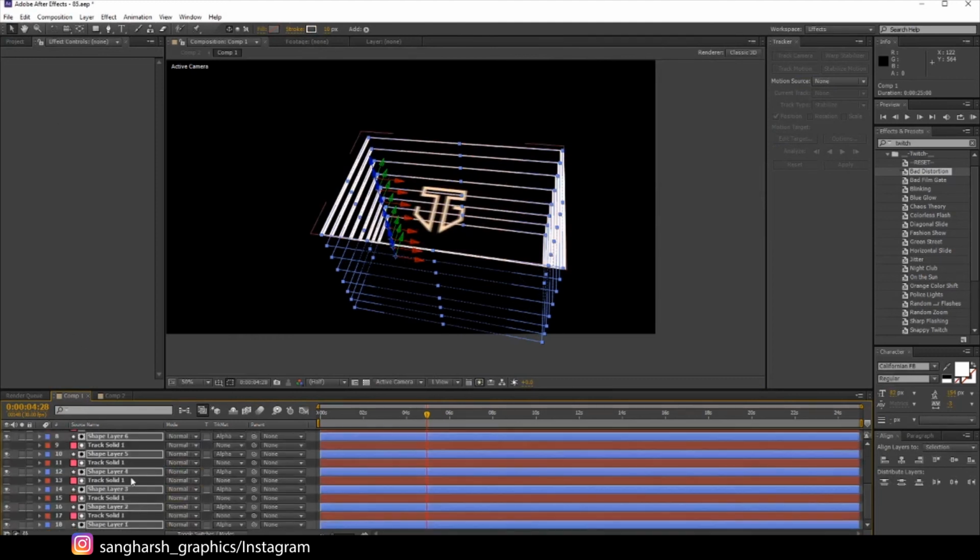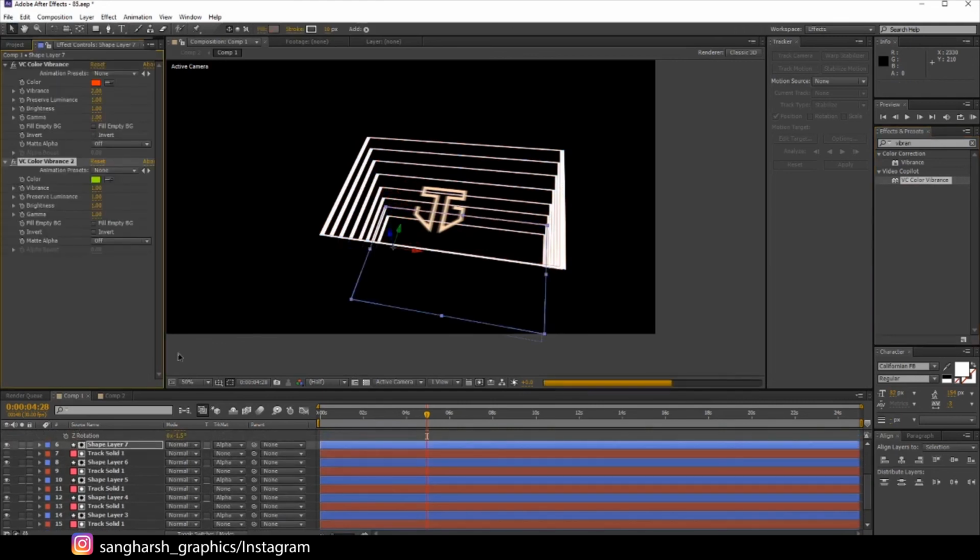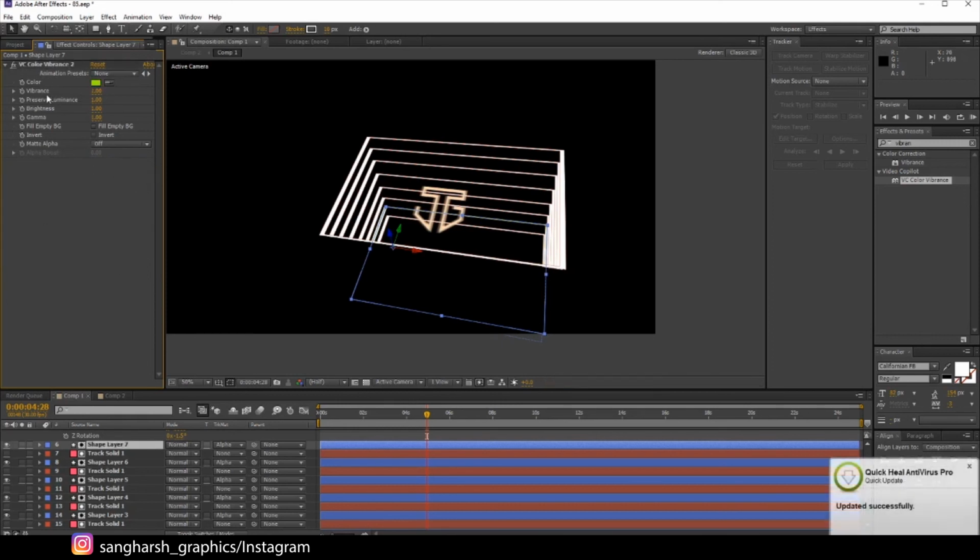Okay, now let's select all of the lines, apply vibrance effect on them, beside of applying the vibrance effect there. I have already applied it here. No problem then.